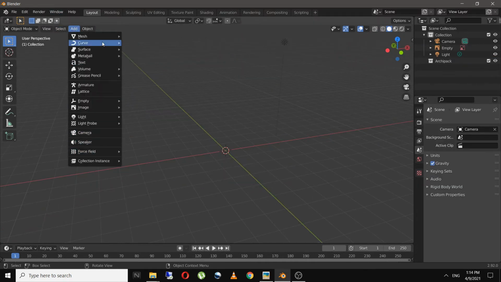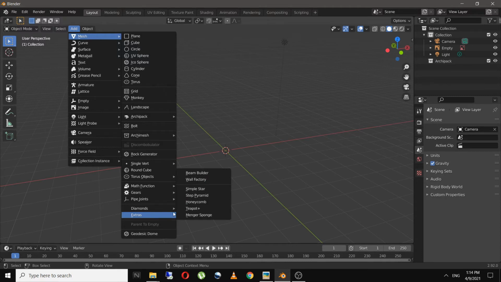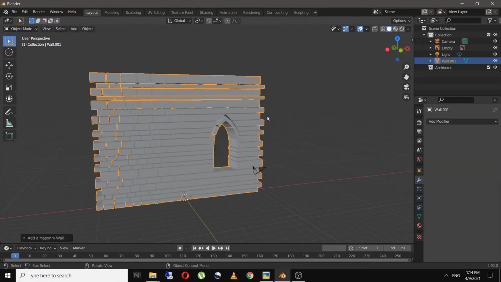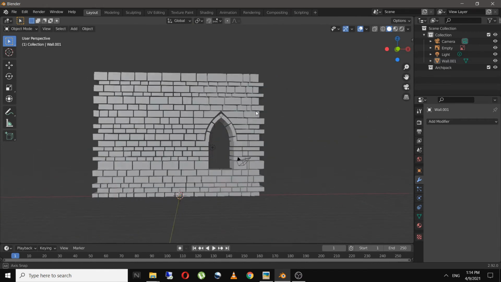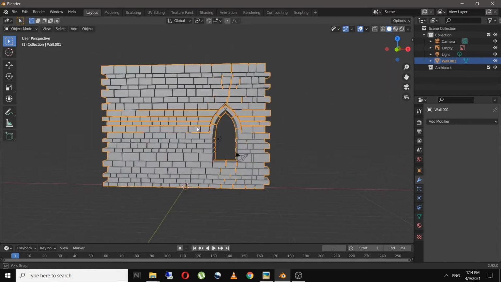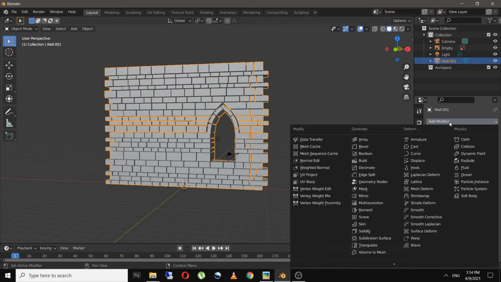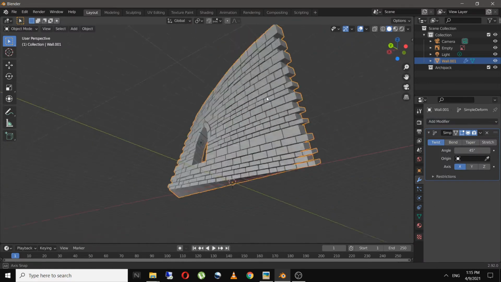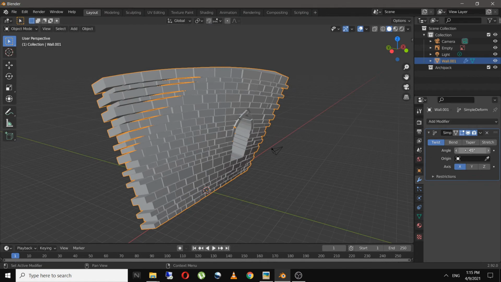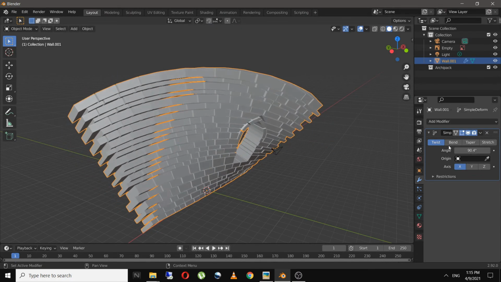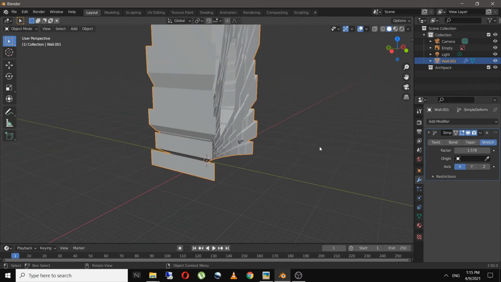And now let's go to add mesh and extras, and you will see the wall factory. So this is a wall factory. Let's apply a modifier and play with the settings. I'll go to add modifier and apply the simple deform modifier. By default this is twist. As you can see, the wall has been twisted, and you can increase and decrease the angle like this to play with the settings.